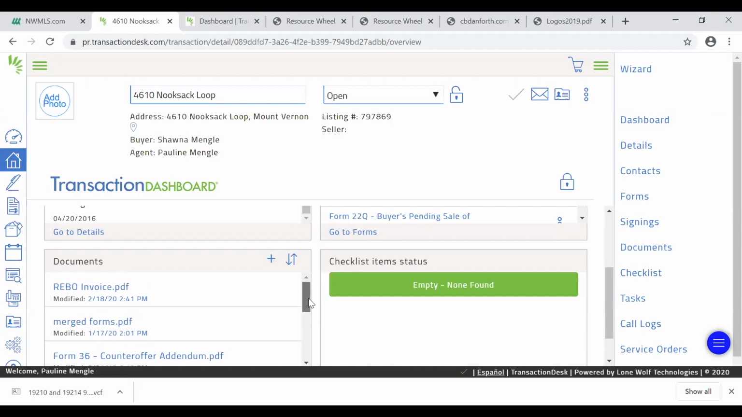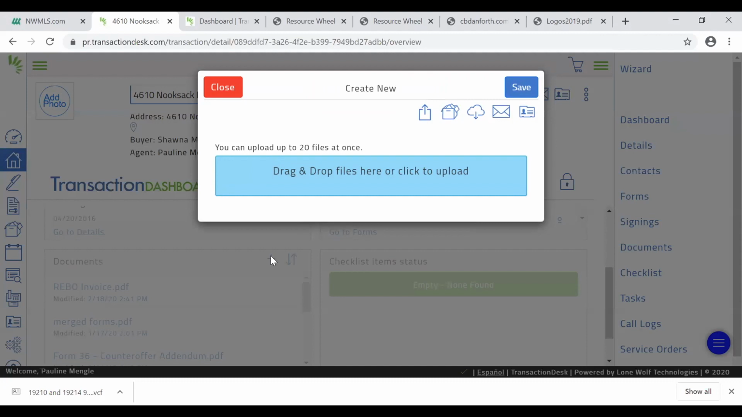Once the purchase and sale agreement is returned to you, you had the option to either email the completely signed contract into your transaction dashboard, or you can use the drag and drop or upload option. To use the drag and drop or upload, you will click on the plus sign by the documents box. This will give you this toolbar, and you will notice that it says drag and drop files here or click